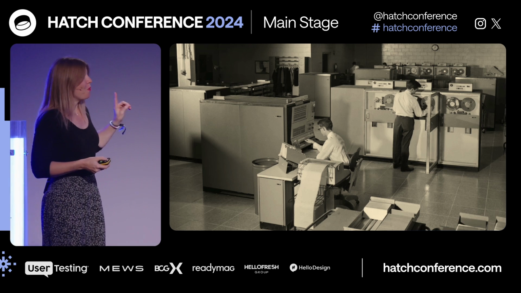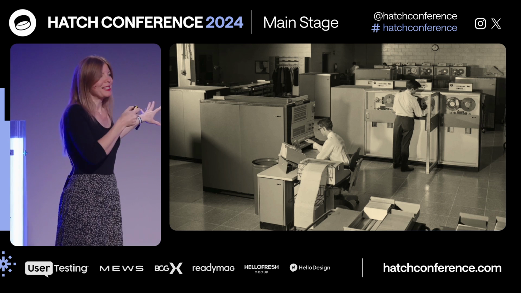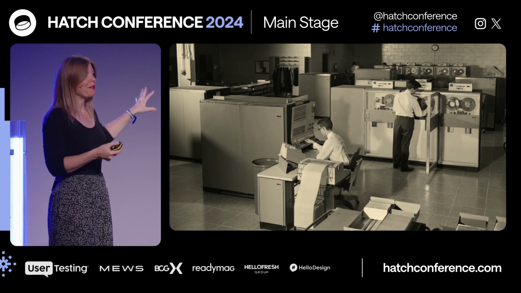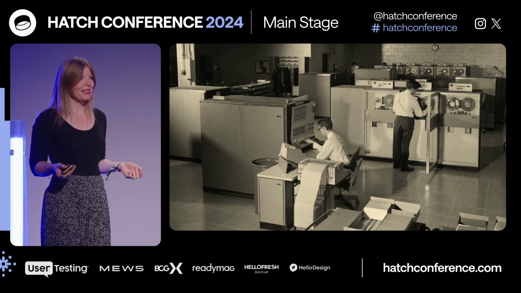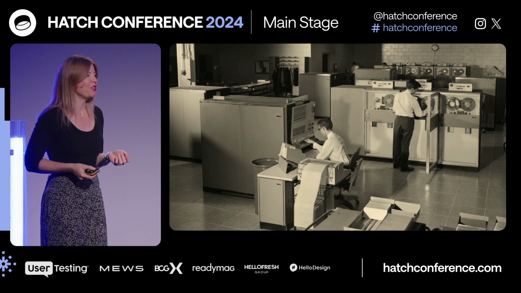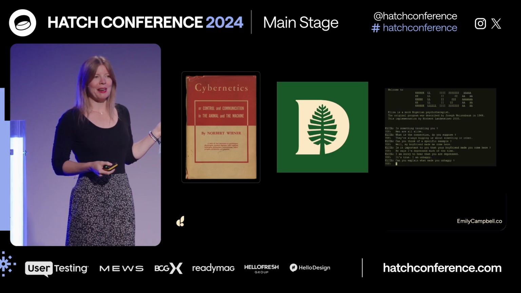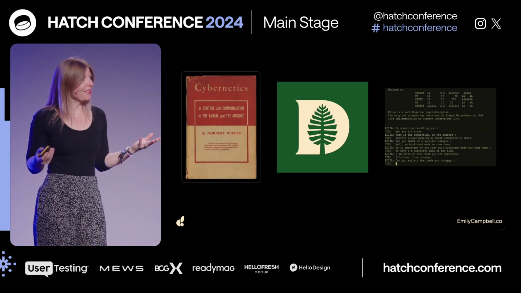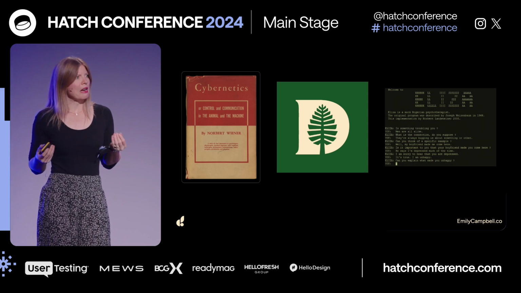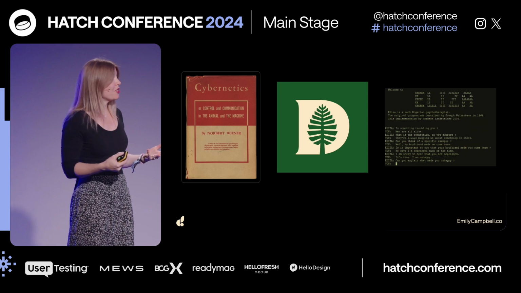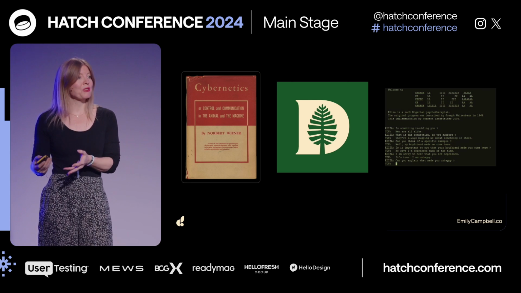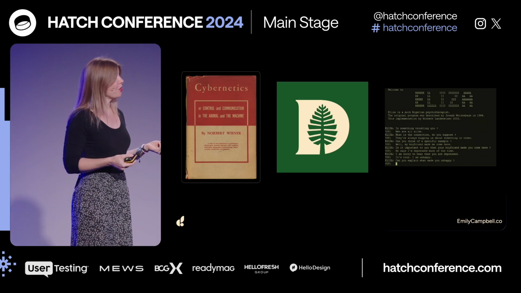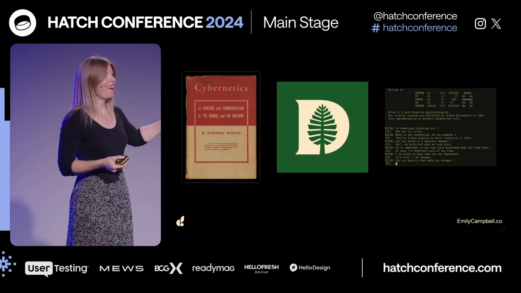So let's actually start way, way back, about 60 to 80 years ago. When we think about the early stages of computing, we often think about these mainframe computers that were popping up in the 1960s, taking up huge rooms in our research institutions. But actually, a lot was happening around this time. In 1948, we had a book published on cybernetics, the first time that somebody is positing the idea that human behavior maybe can be automated, or at least we can use probability to replicate some of the things that humans and animals do naturally. There was a conference at Dartmouth in the 1950s where they actually coined the term artificial intelligence all the way back then.